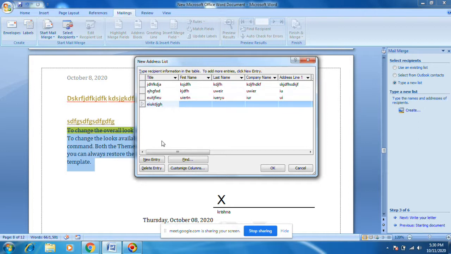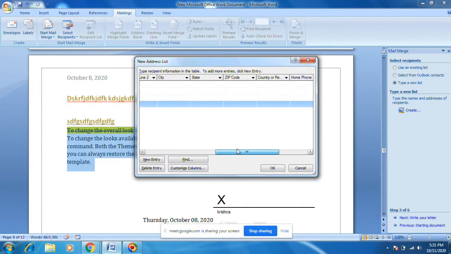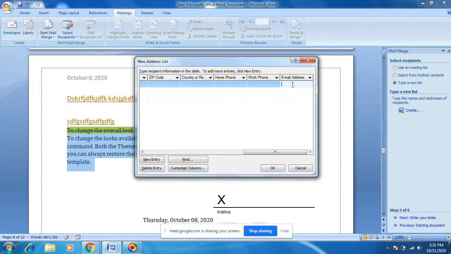Okay, here you just need to write the title. First name, last name, company name, address line one. All these are the fields. Address line two, city, state, zip code, all things. Okay, you need to write work mail address.